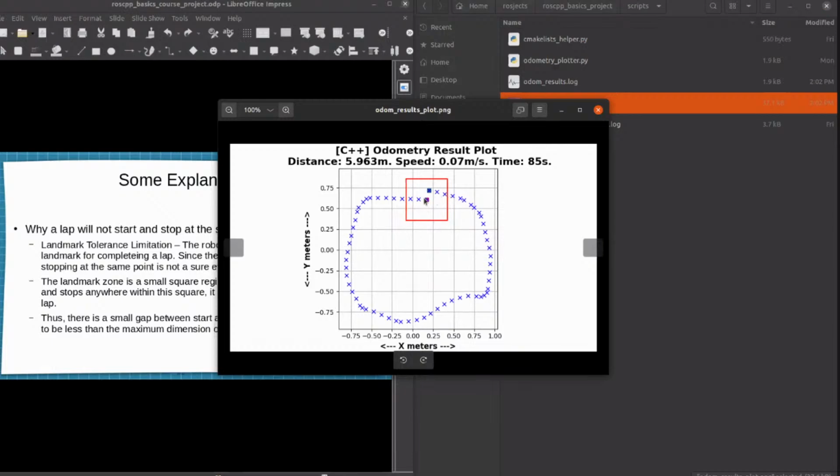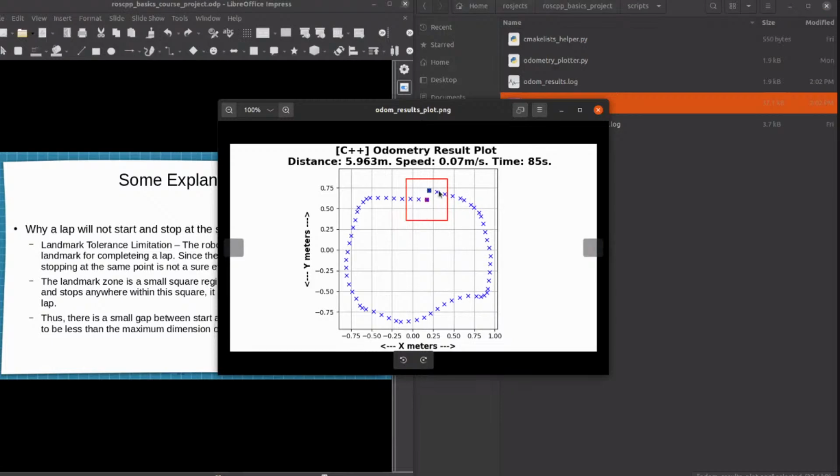The x gets reduced, and when the robot comes over like this, it will not merge on the landmark zone. And similarly for y, if y is too small and the robot starts over here and then goes over like this, since the landmark zone is smaller in the y axis, it will not stop and just continue to move until it comes into the landmark zone. So thus, a valid tolerance limit was a square box,